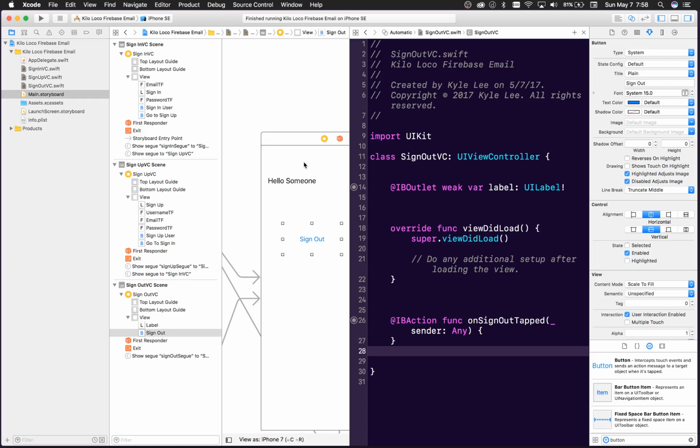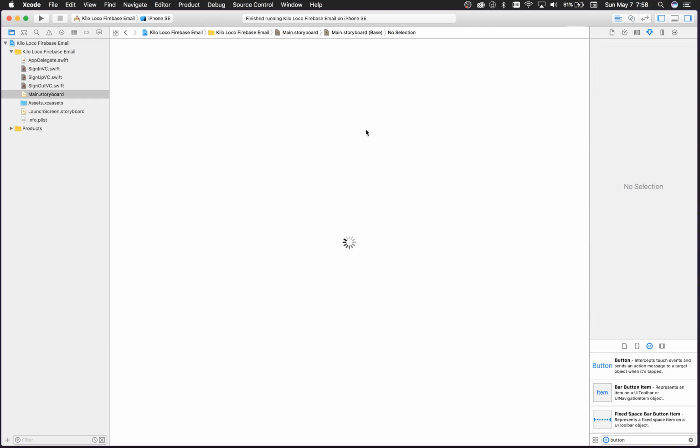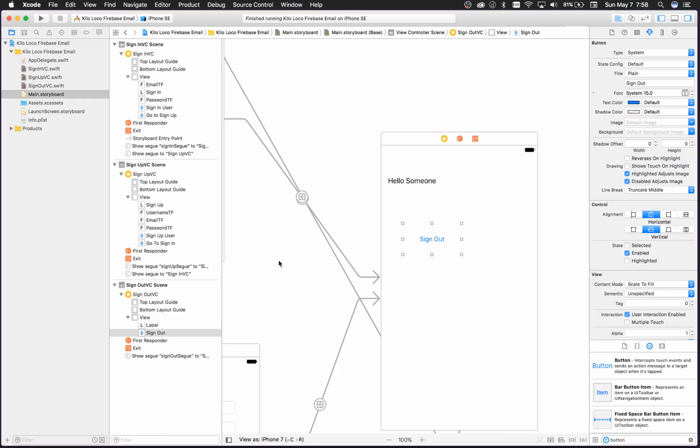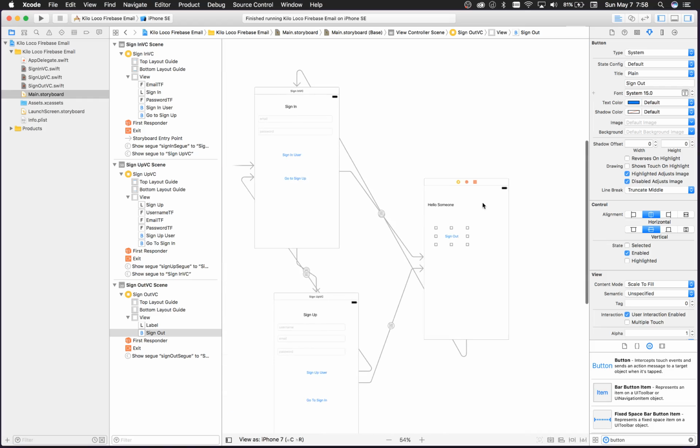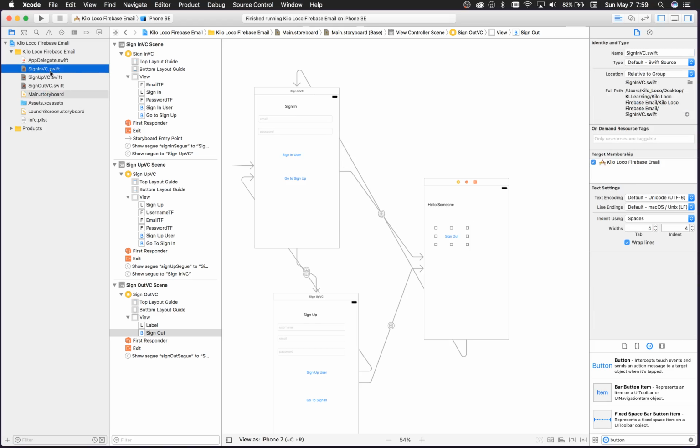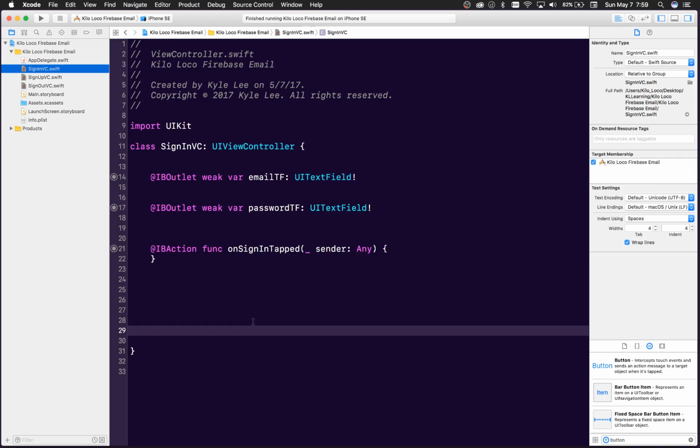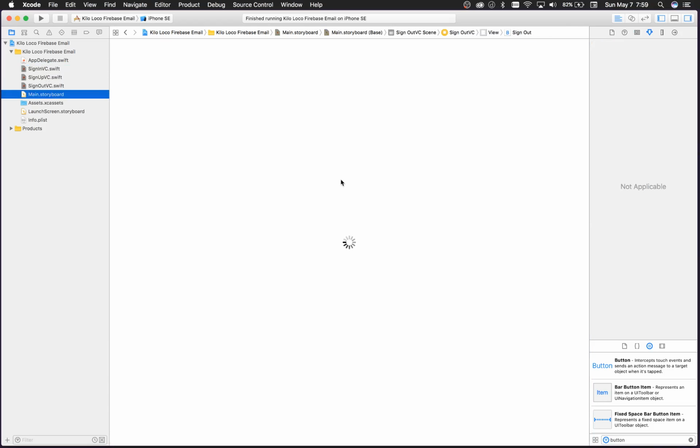All right, so now we have our visual layout set, right? We have the storyboards all set up, and this is how small your storyboards generally should be. Once you get into the app, it should actually go to a different storyboard, but that's a discussion for another day, guys. Come on, stay focused. All right, so we have everything set up. So now the next step would be to actually